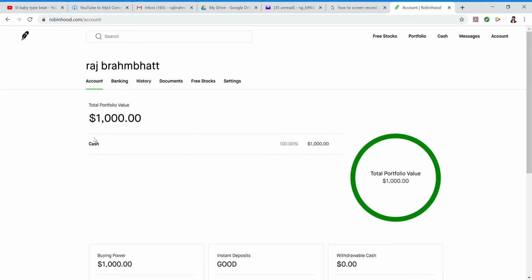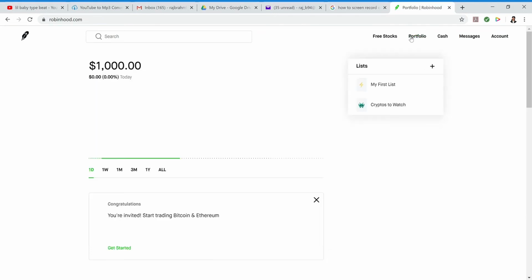But with Robinhood, they won't put the funds available for you right away because it takes time for the money to transfer over. So they give you at least $1,000 to play with at first. So I got my 1,000 in, and what we're gonna do is we're gonna start with SDY.